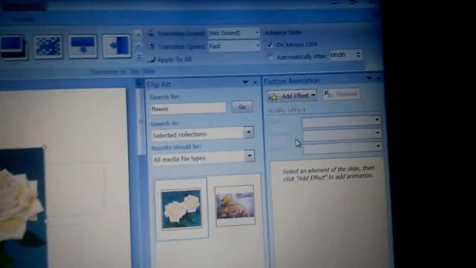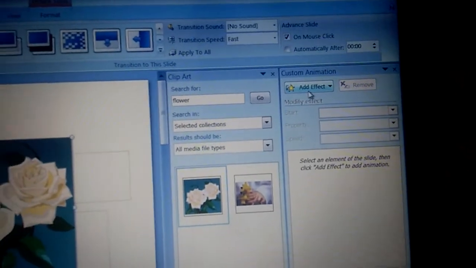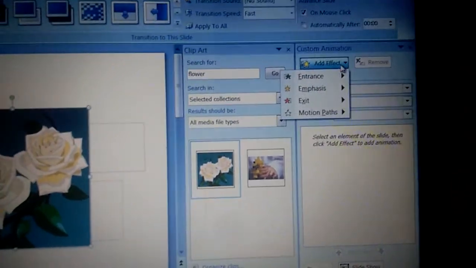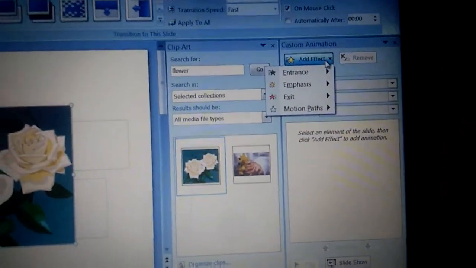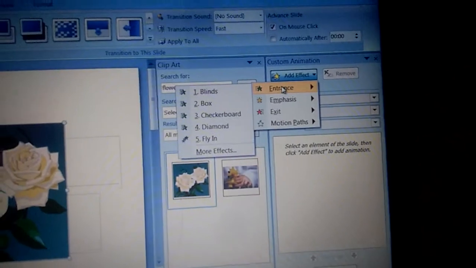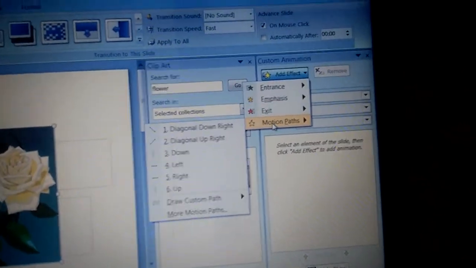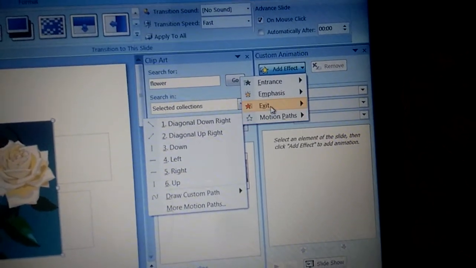At the right side you see add effect. If you click here, then there are four types of effect you very well noted: entrance effect, emphasis effect, exit effect, and motion path. You can give any type of effect.